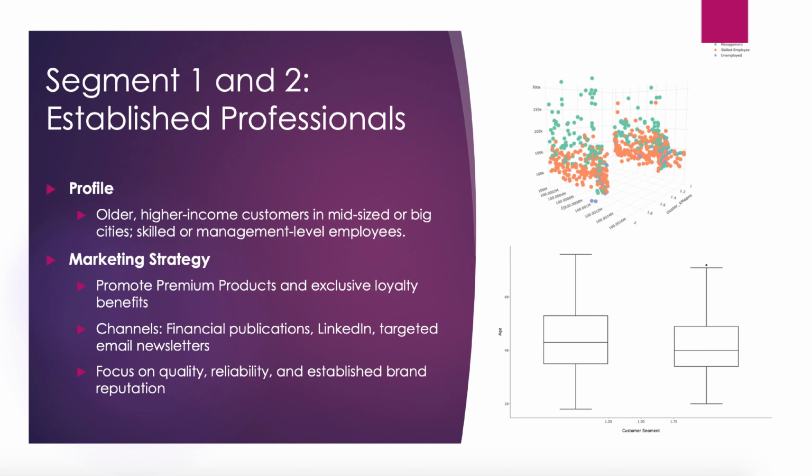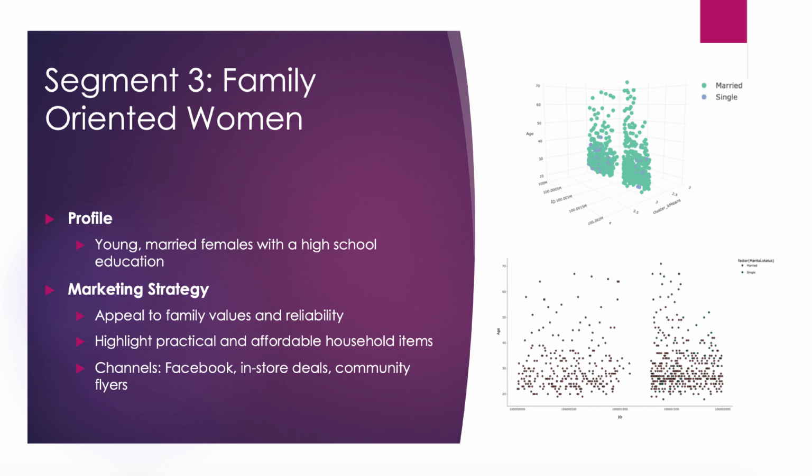email newsletters. Customer segment 3, we identified as family-oriented women. These are young, married females with a high school education. For this group, we want to appeal to family values and reliability. So we want to focus on household essentials maybe, or child-friendly promotions. To target these groups, we want to use social media and community engagement such as Facebook or in-store deals or